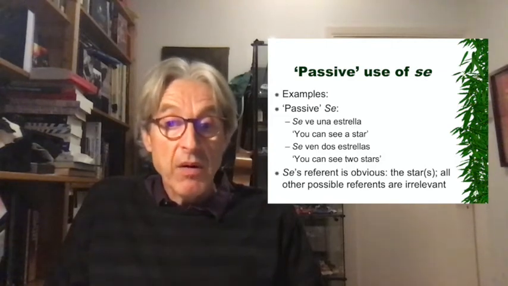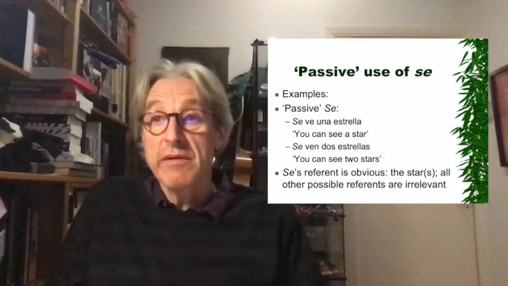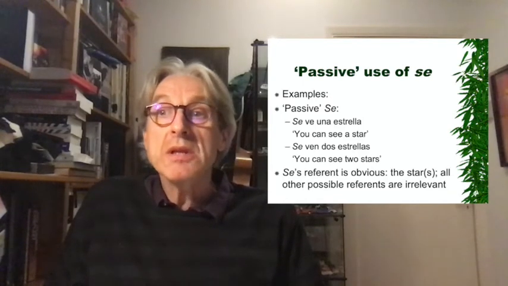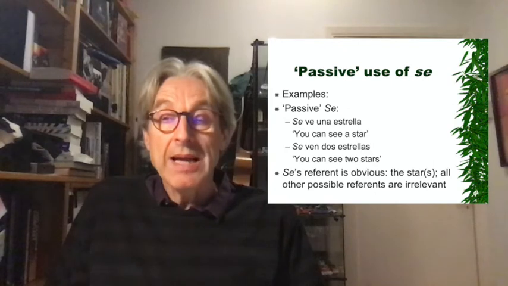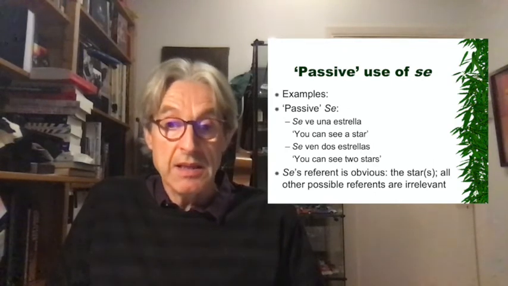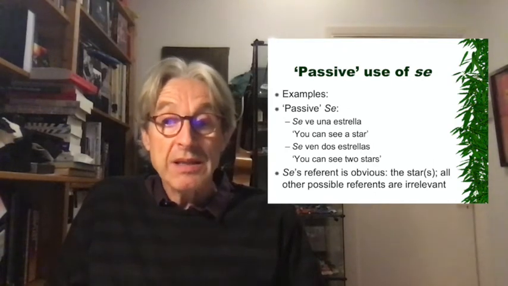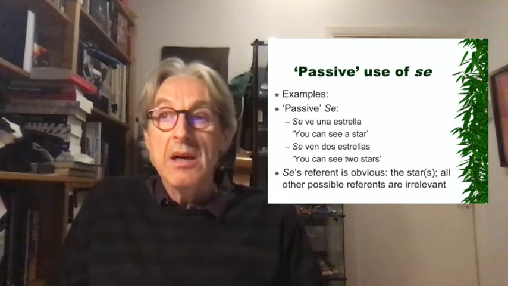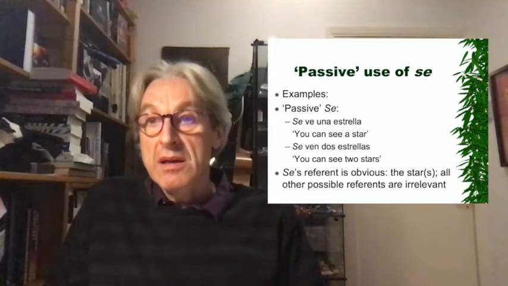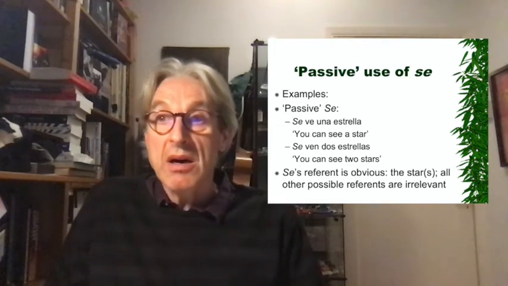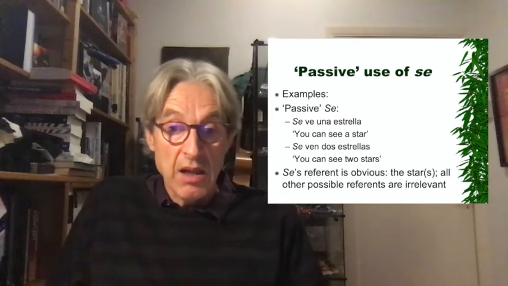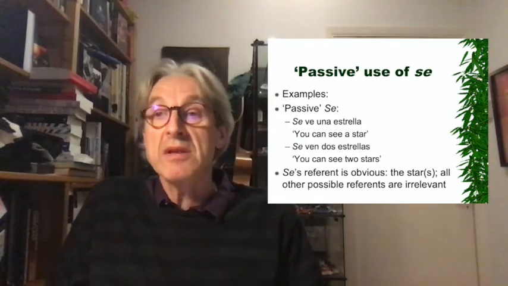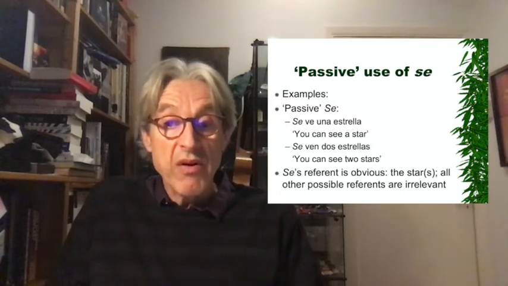And in both cases we use the verb ver, and a verb like ver supposes two entities that are participating in this event. But we have una estrella in focus, and what se is telling us is, we don't need another participant. We are focusing on una estrella alone. So all other possible references are irrelevant. So we are focusing on